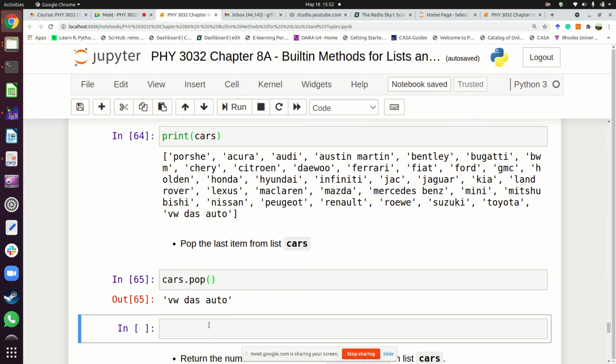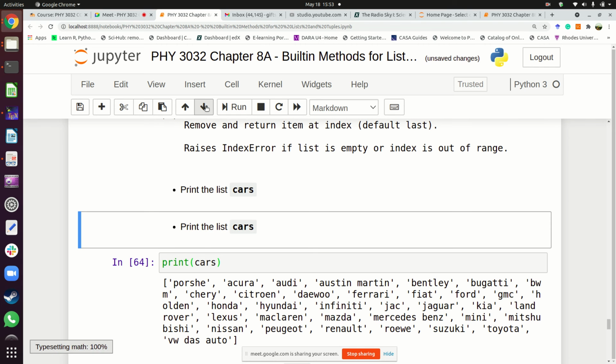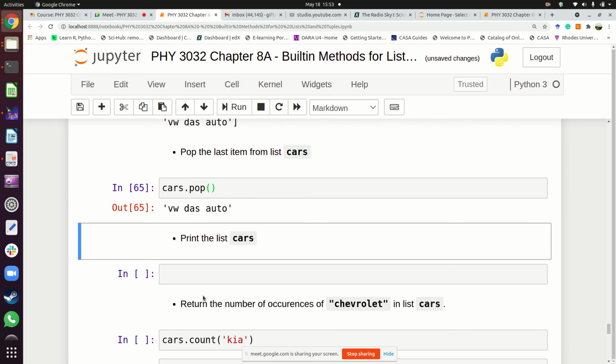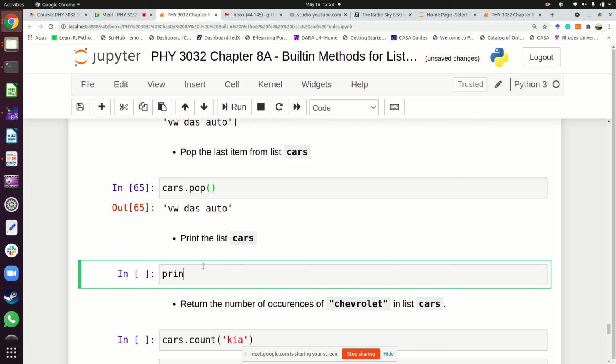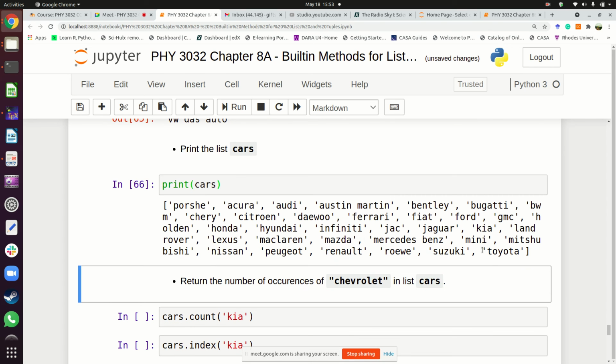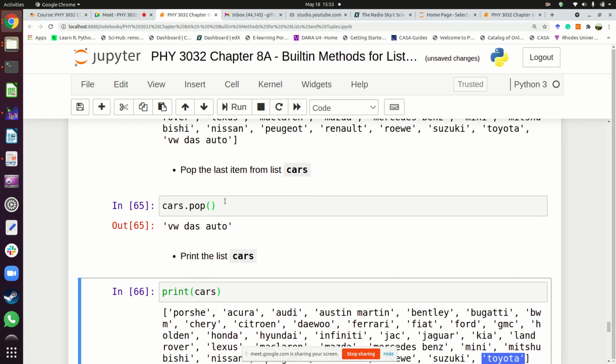Then you print cars again. If you print cars, then you see that the popped value, which is VW, is no longer in that list. So if we just say cars.pop, you're basically removing the last item